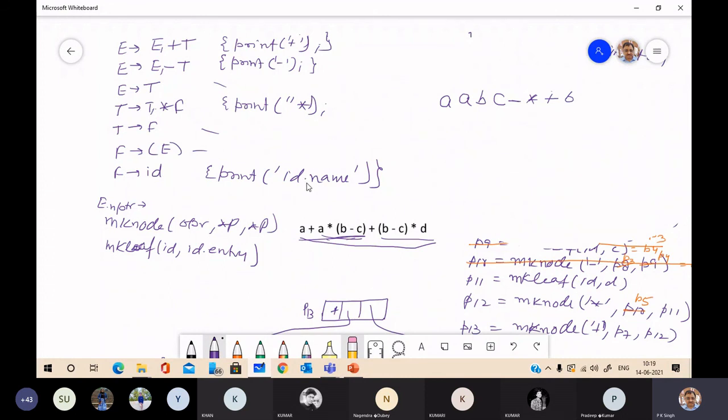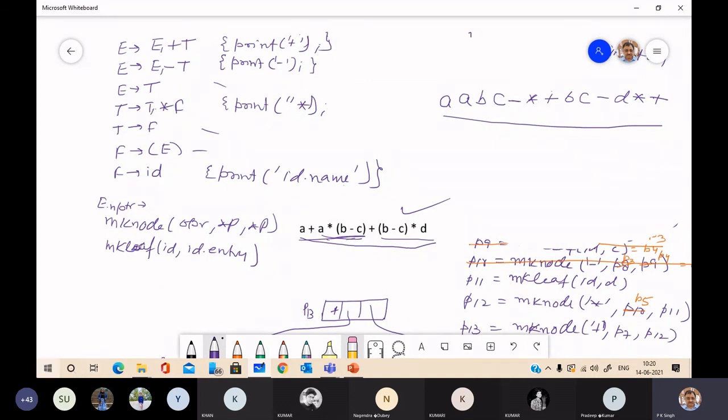So B will be printed by this print. And then C will be printed by this print. And then minus, followed by D, which will be shifted, then asterisk, and finally plus. This is the postfix notation for this expression using this syntax directed translation.